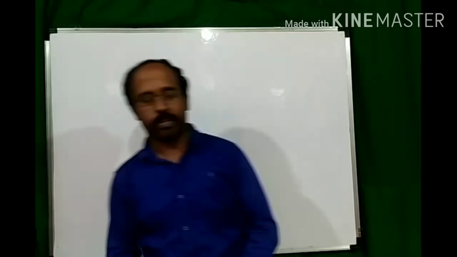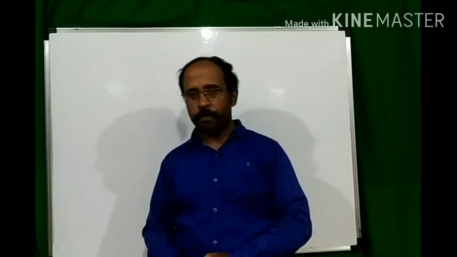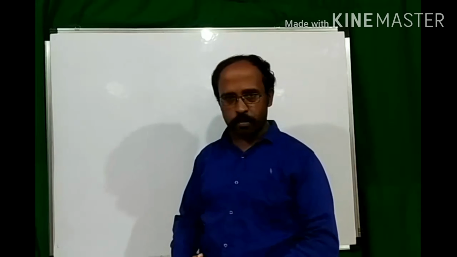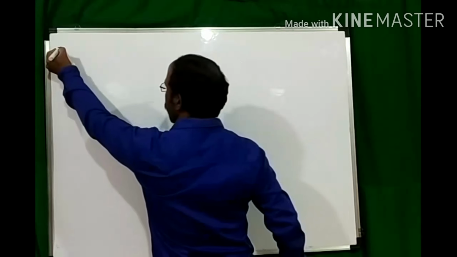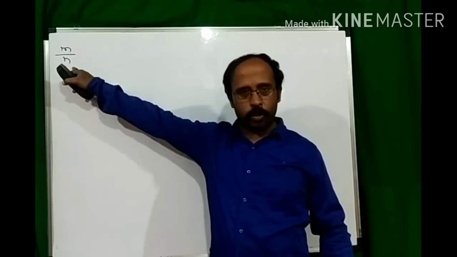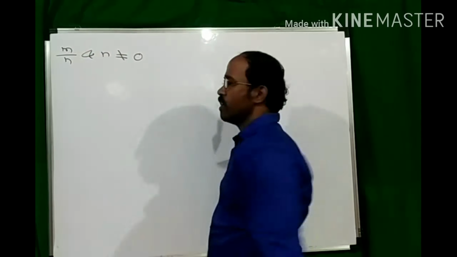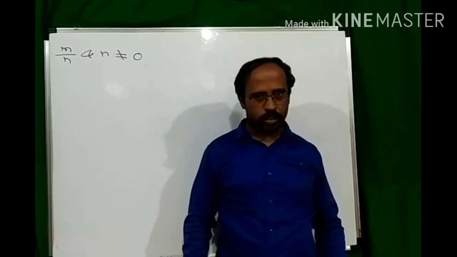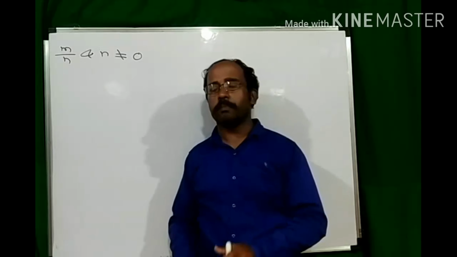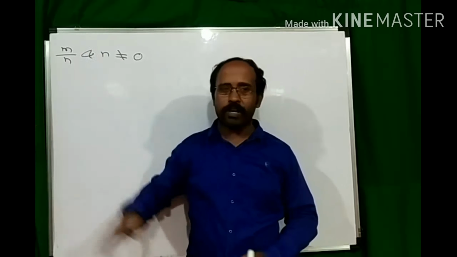Welcome to mathematics. Students, in this video we are going to see decimal representation of a rational number. Before seeing a decimal representation, we know what is meant by a rational number. A number which can be shown in the form of m upon n, where m is a numerator, n is a denominator, and n is not equal to 0, is called a rational number. Now let us see what is meant by its decimal representation. Decimal representation is nothing but dividing the numerator by the denominator, and we are expert in it.